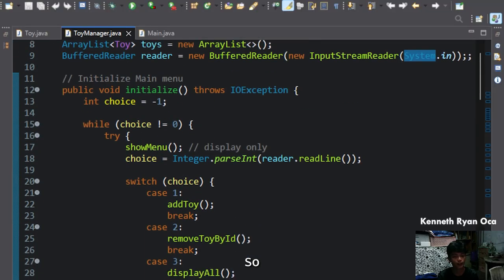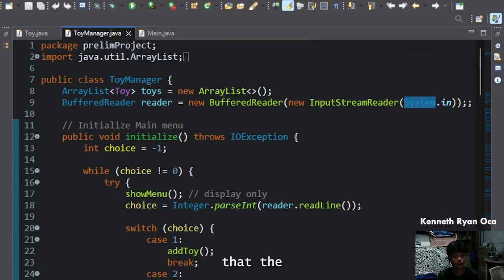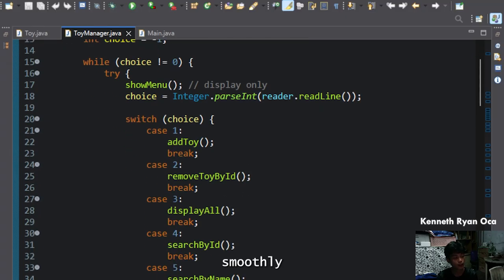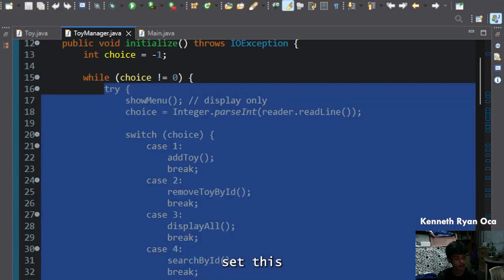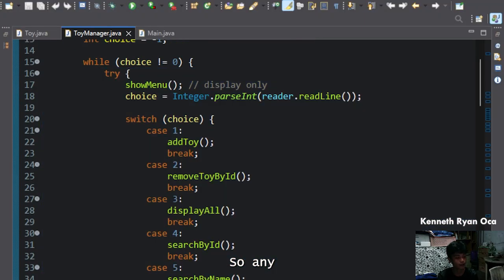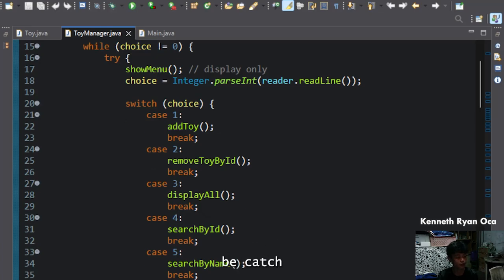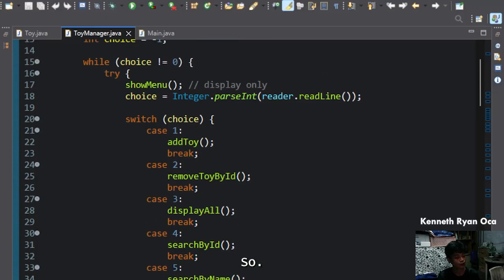To ensure that the program flows smoothly, I have set this into a try catch. Any invalid input, like entering a string, will be caught by our number format exception, and it will not terminate the program early.